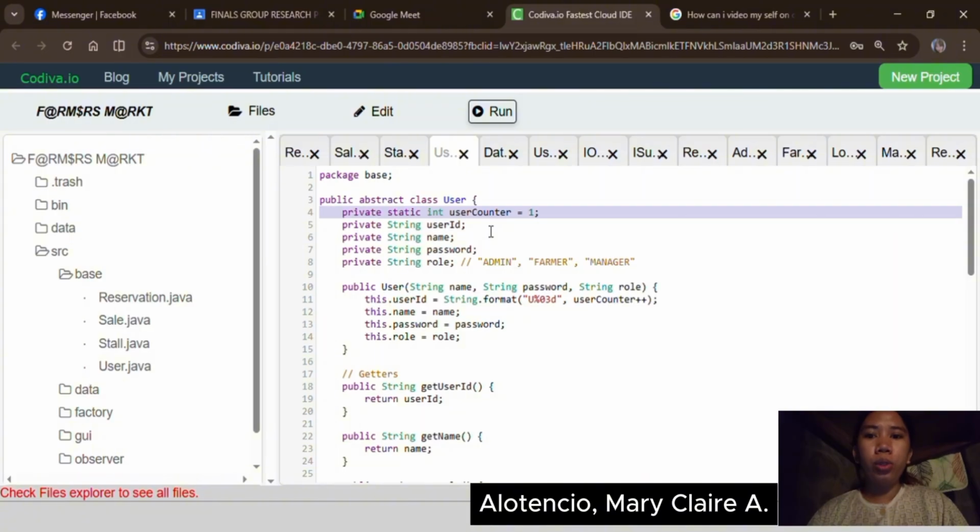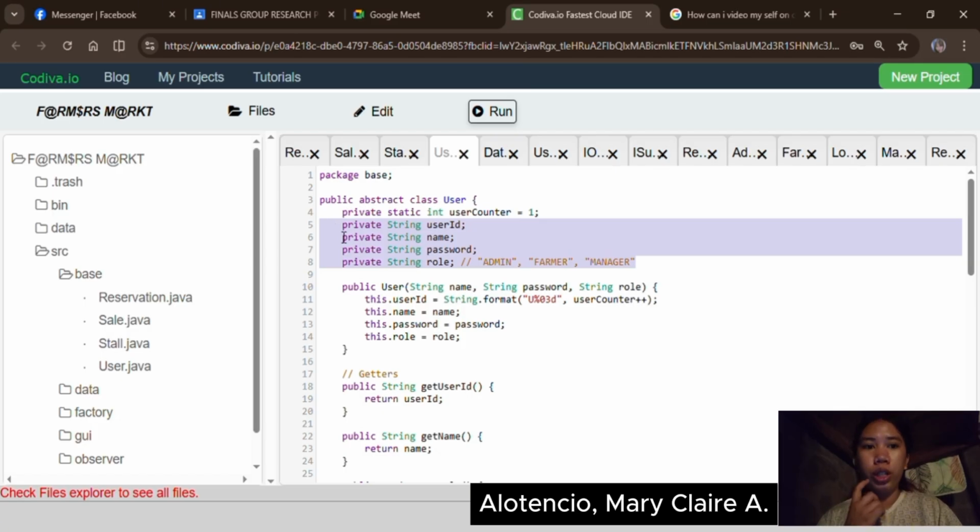So every time a new user is created anywhere in the system, this counter increments so that each user always gets a unique ID. Then the rest, which are the user ID, name, password, and role, store the basic information of every user in the system.